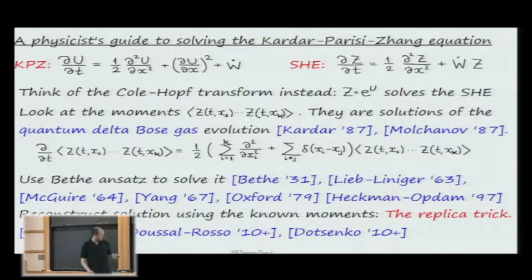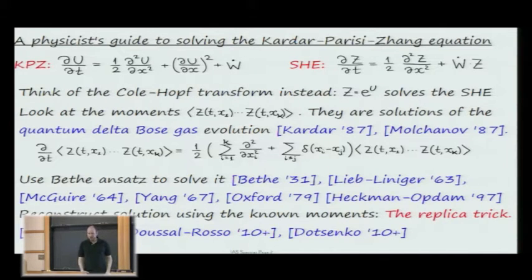As Pierre pointed out yesterday, if you look at these moments, let's say you take all the x's to be the same, so you're just computing the kth moment. That grows super exponentially with k. It grows like e to the k cubed. So in fact, the moment problem is not well posed. So the moments don't determine the distribution, and there's really no rigorous way of reconstructing distributional information about this equation